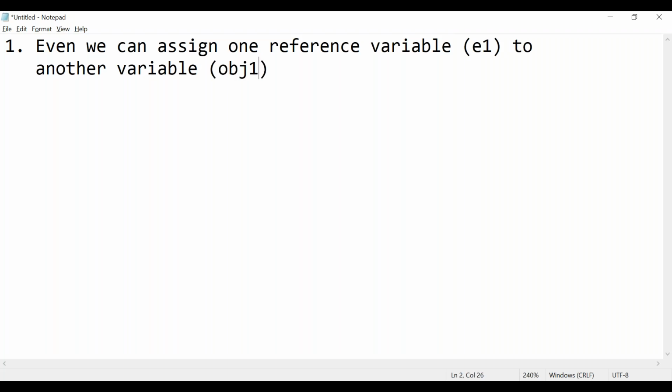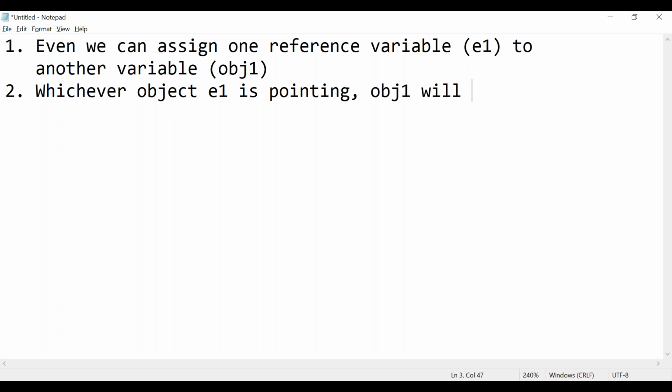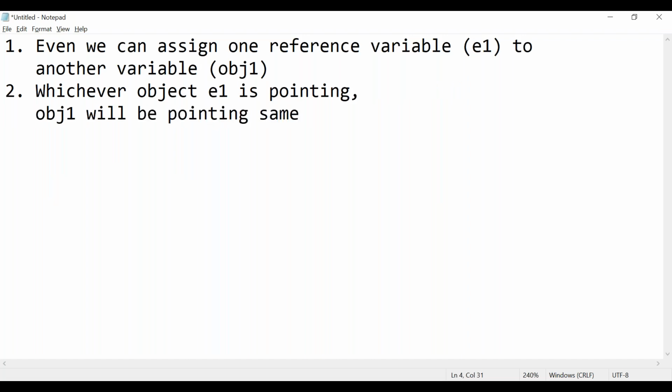So in this case, whichever object e1 is pointing to, after assignment, obj1 also will be pointing to the same object.